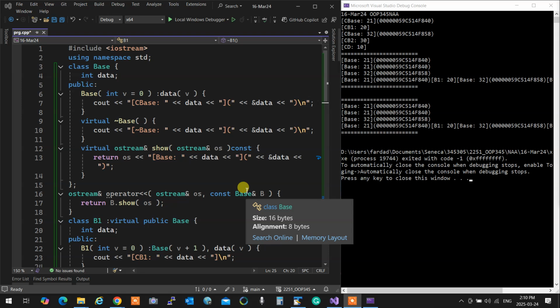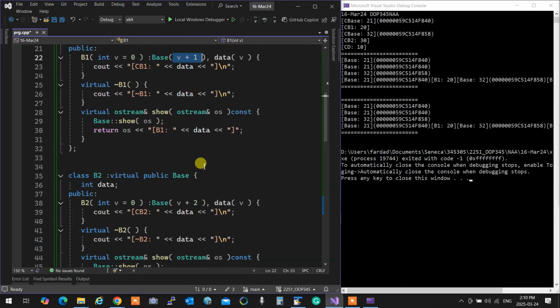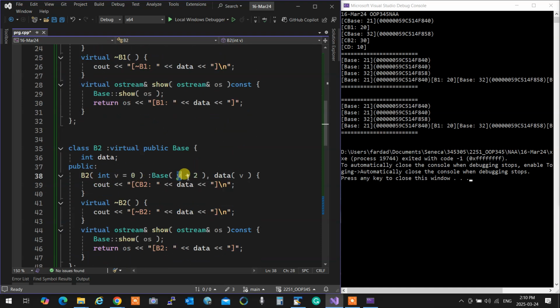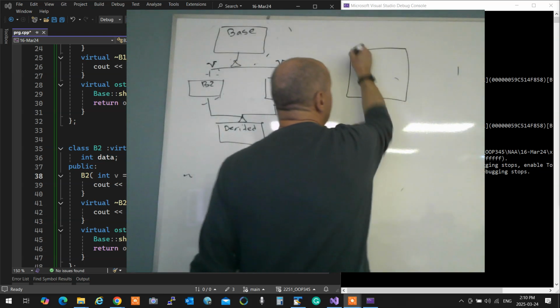Immediately something comes to mind. Wait a minute. B1 says base V plus 1, and B2 says V plus 2. Which one will be called for the base? Didn't we just put them together? Didn't we say that when they are both virtual, the class created will be like this?